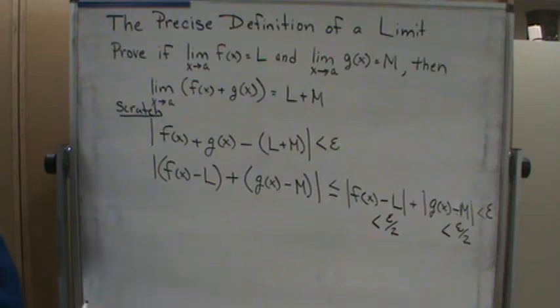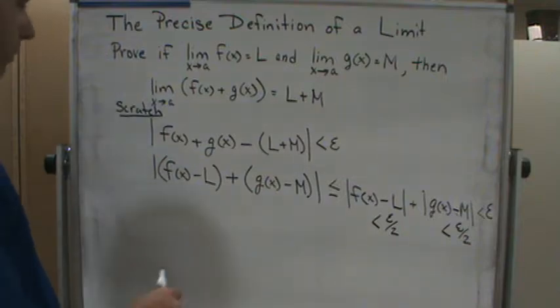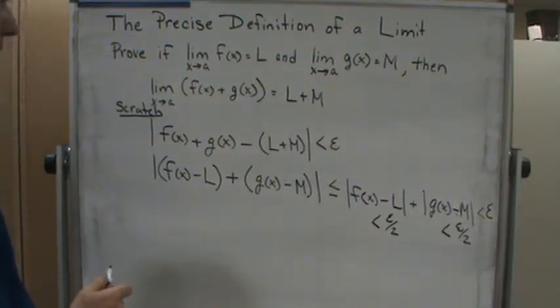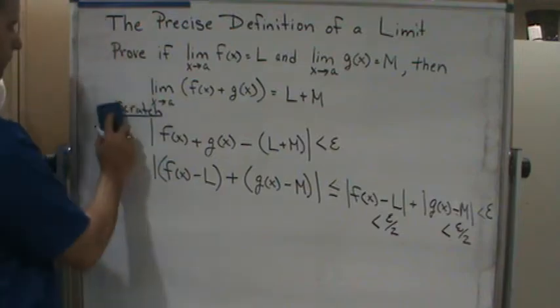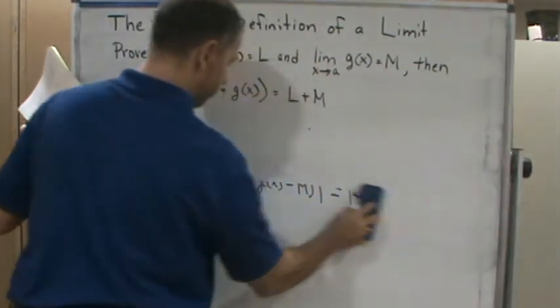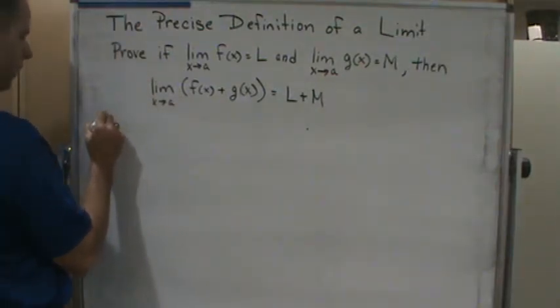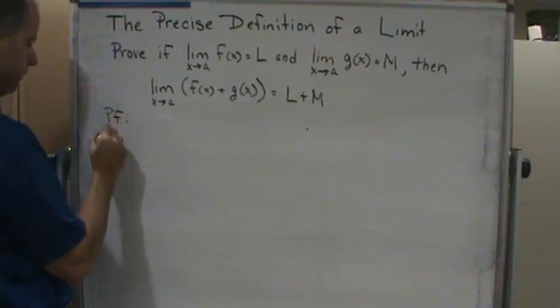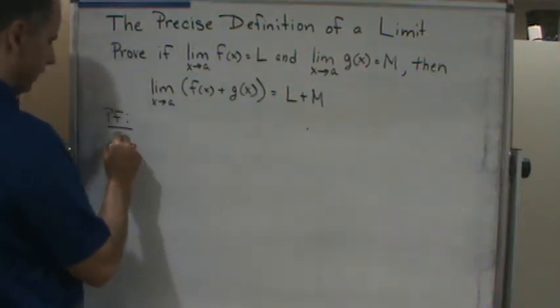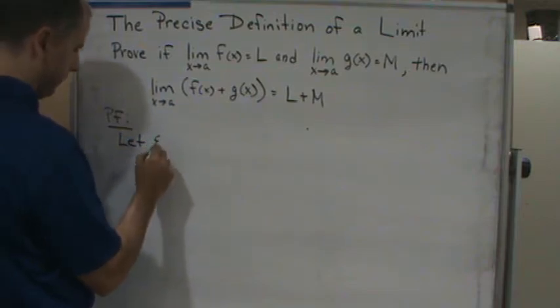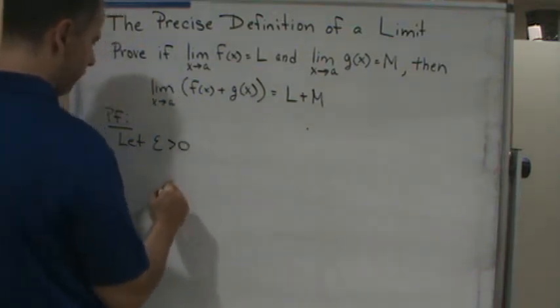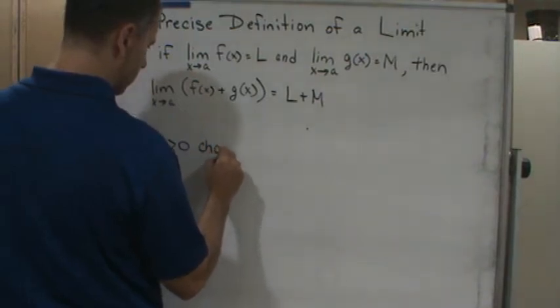So now let's do our proof. Now that we've worked that out on scratch paper, let's do our proof. So what I'm going to do is, here's the proof. Okay, so we're going to let epsilon be greater than 0. Choose